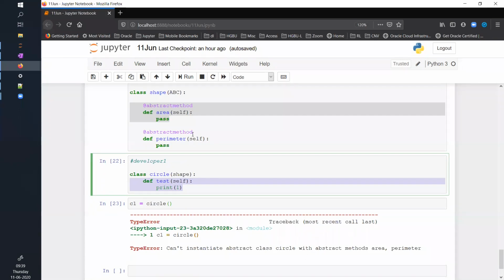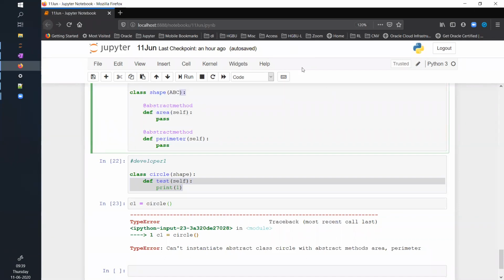Let's take this simple example, again a sad one. For example, my parents took some loan and they are not able to repay it.